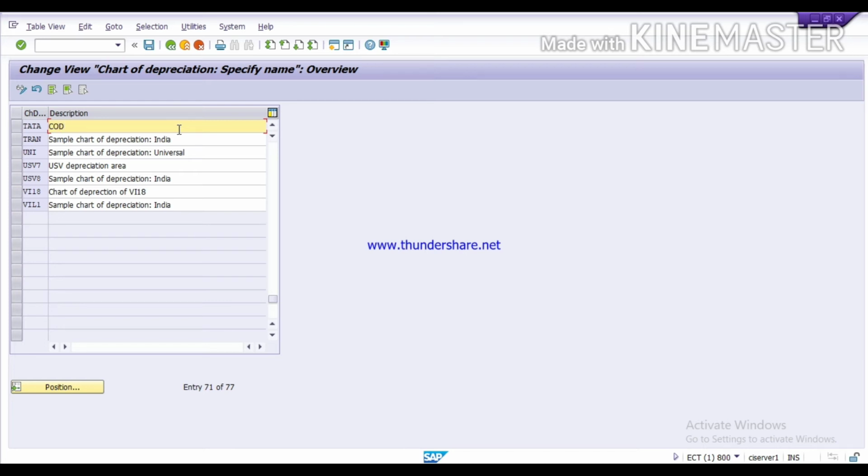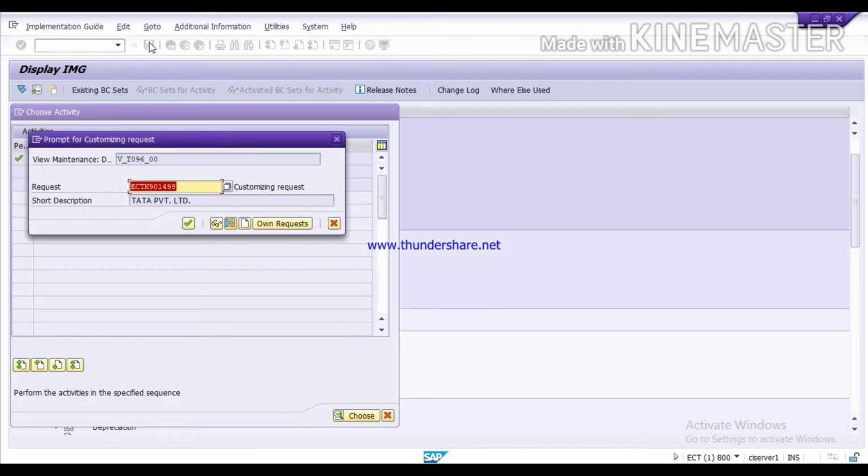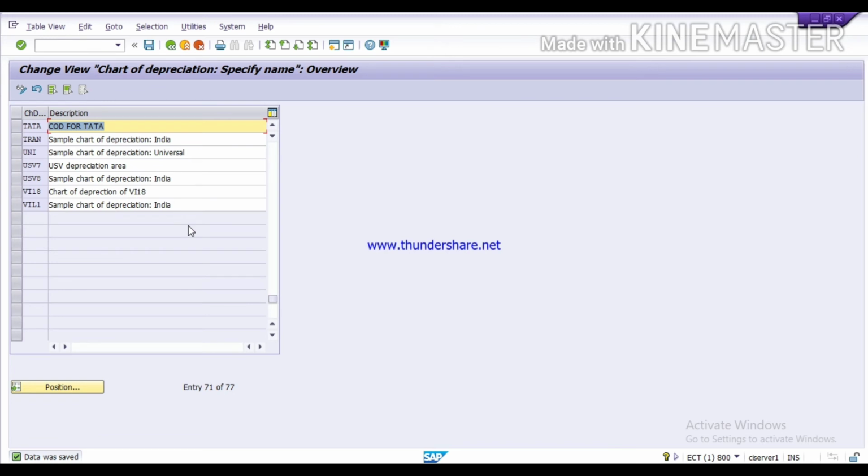Chart of depreciation for Tata. Then save. Continue. Get back. Now data was saved.